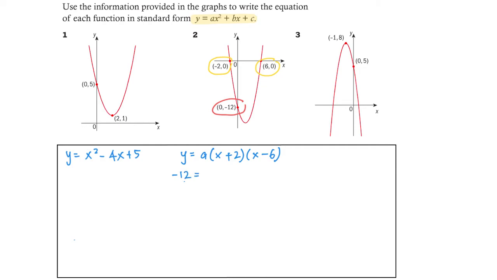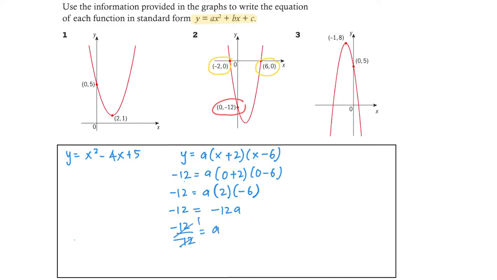So negative 12, we are looking for a now. So (0 plus 2) and (0 minus 6). So negative 12 equals a times 2 multiplied by negative 6. We multiply all of them, so we get negative 12a on the right side. If we divide to find the value of a, negative 12 over negative 12, we get a equals positive 1. Okay, so we have positive 1 as the a, therefore we get y equals, we can skip the 1 there,